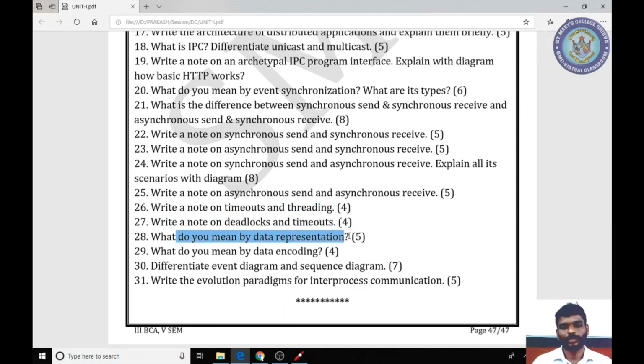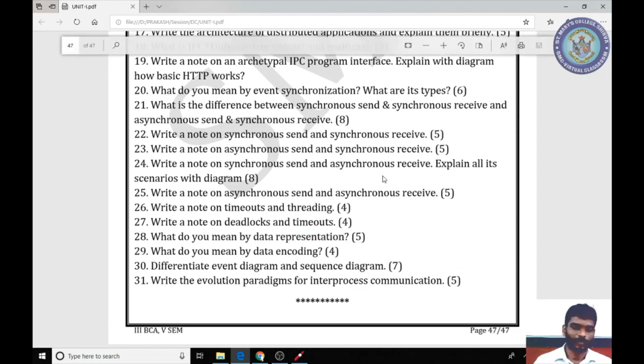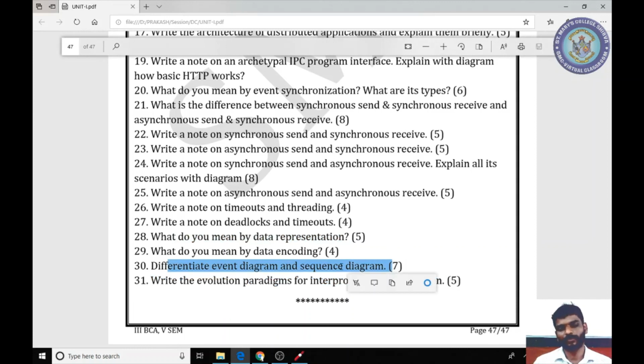Then the data representation, how the data is represented, and there are 3 different standards used. The first is to convert the data to the receiving standard, then send the data. The second is to receive the data as it is from the sender side and convert it at the receiving end. The third is to make use of an external representation. Next, the difference between the event diagram and the sequence diagram.